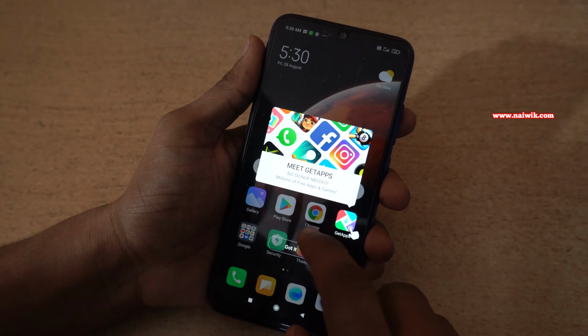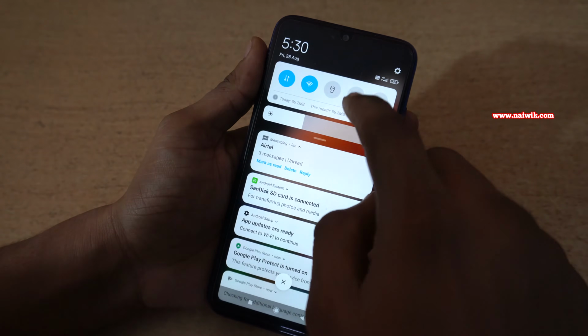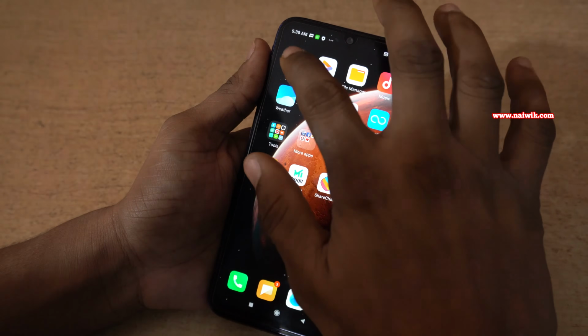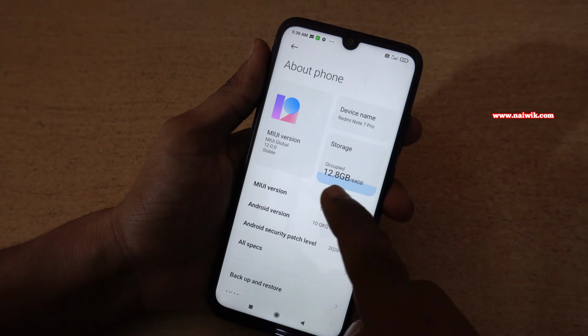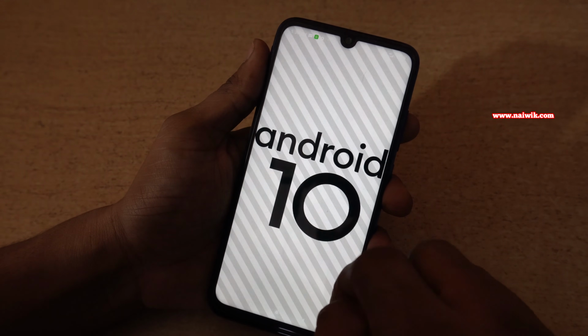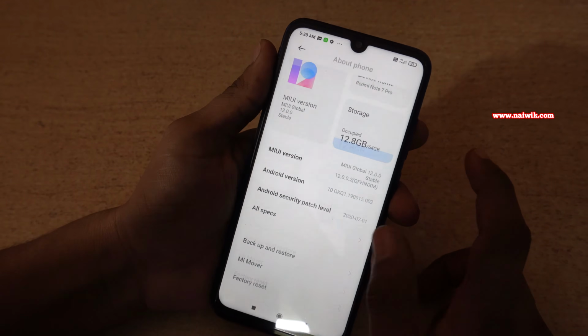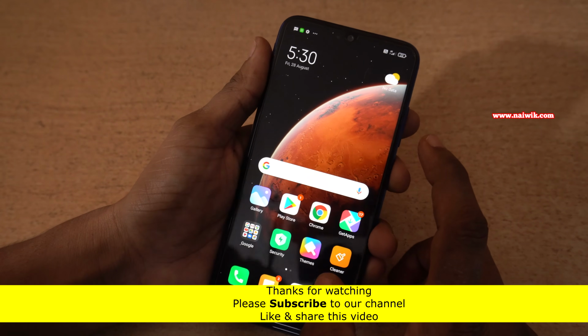Okay guys, the phone has been booted up and here is the MIUI 12 user interface. Let's go to settings and check the version of MIUI. Here you can see MIUI version 12. Here you can see Android version 10. So that's it guys. In this way you can update MIUI 11 to MIUI 12